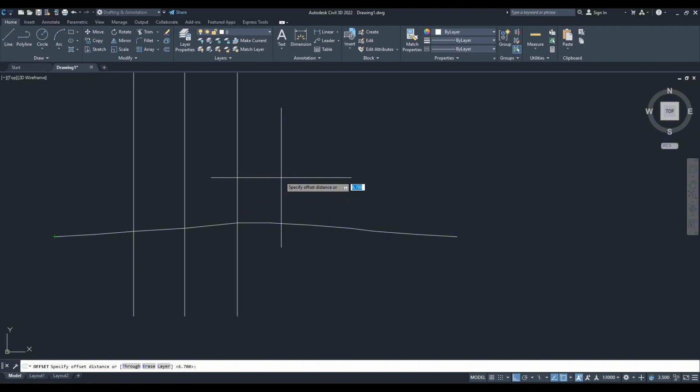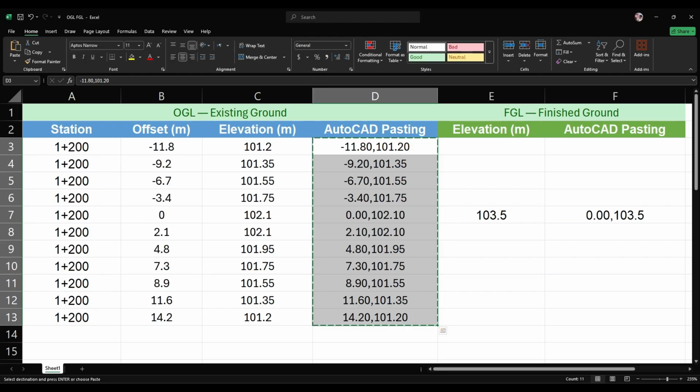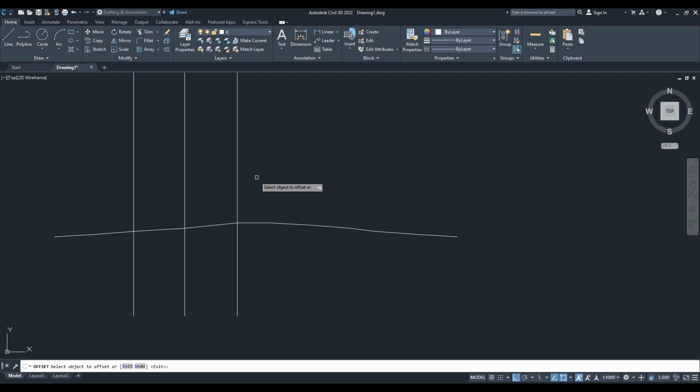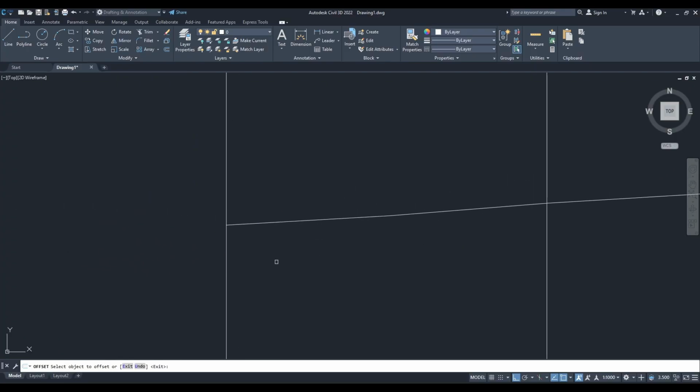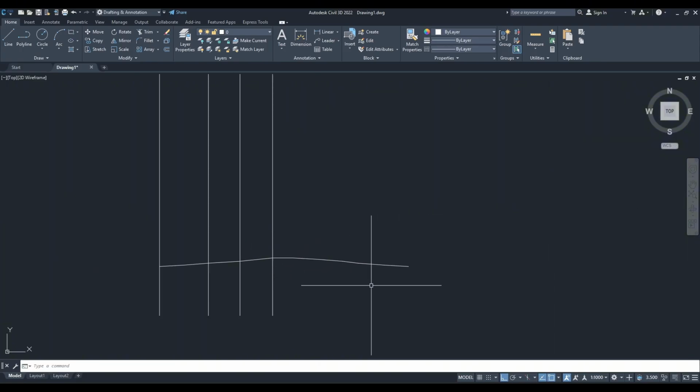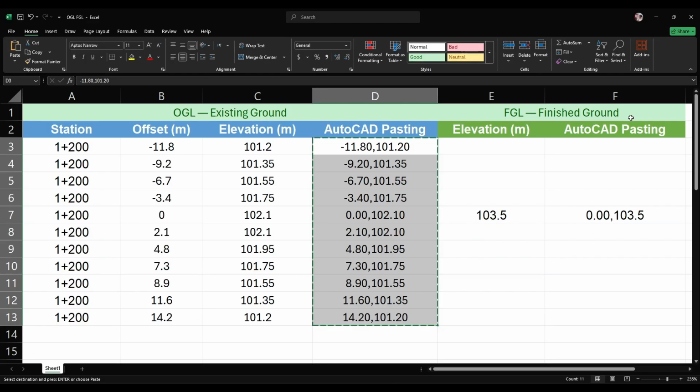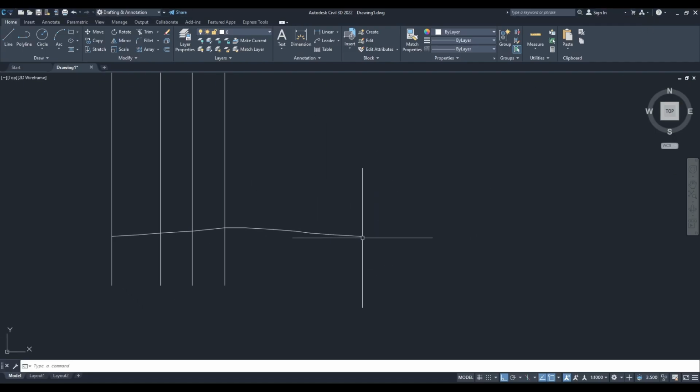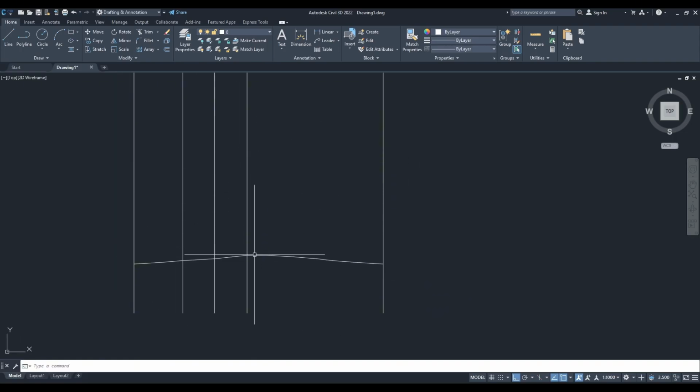So 11.8, enter, and as you can see, this line is now connected with this line, and if we take an offset of 14.2, it will end up right here. Enter 14.2, enter, and so this is how you can confirm the elevations just temporarily. It's not a permanent method. So I will delete these lines,